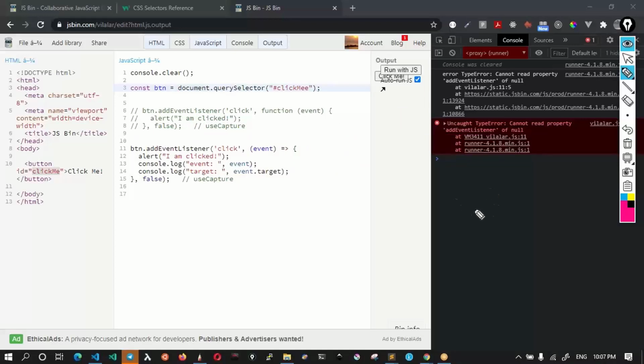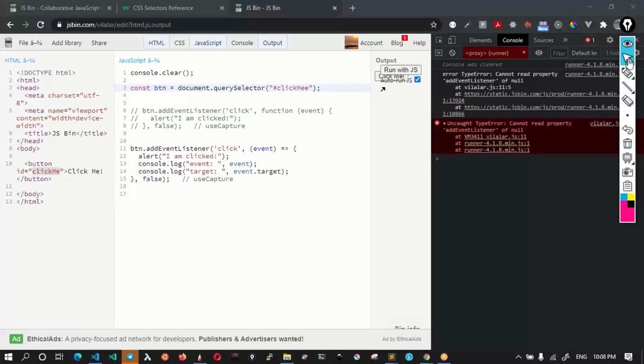Now, one thing we have to note here is a better practice. Whenever I try to get some DOM element and attach an event listener, I always have to check whether it is available or not, because accidentally I may be selecting a wrong element which is not available at all, and you may get errors like this. So I'm showing you some better practices.